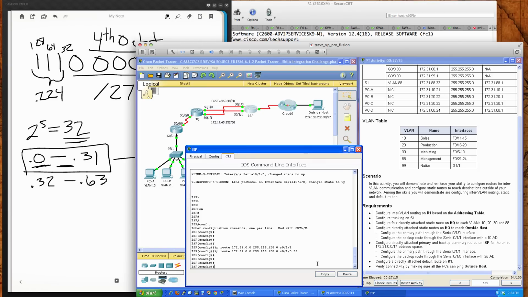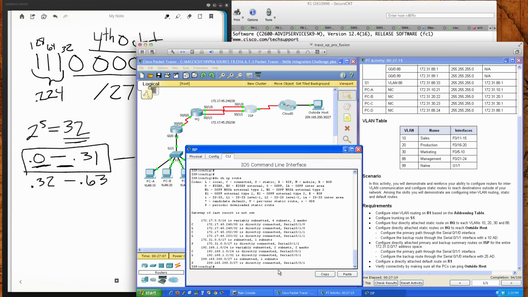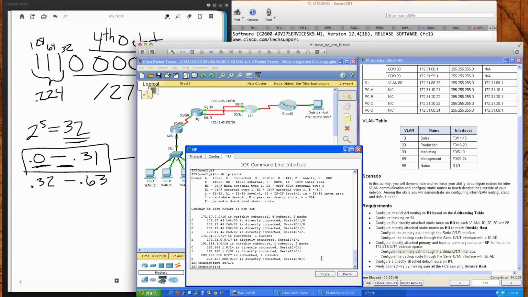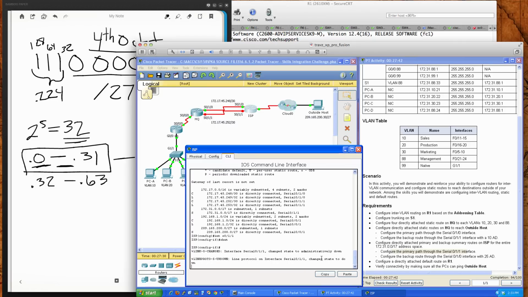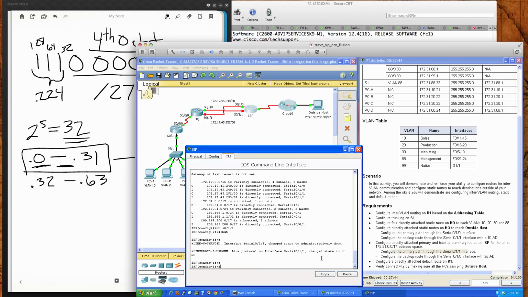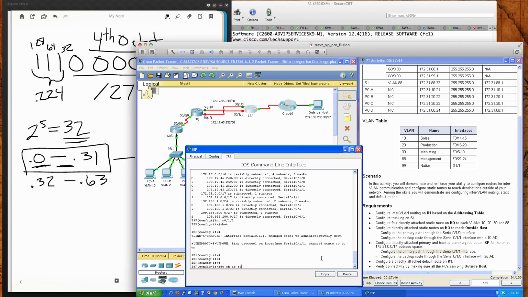So I'm on this router, so let me go ahead and do a do show IP route. Let's take a look at our routing table. So here is the summary route of 172.31.0.0/17. It's a static, and it shows it's directly connected out serial 0/1/1, which again, that's our primary path. So if I go into serial 0/1/1 and I type shut, and I shut the interface down, you can see the link is now gone red. If I do a do show IP route,